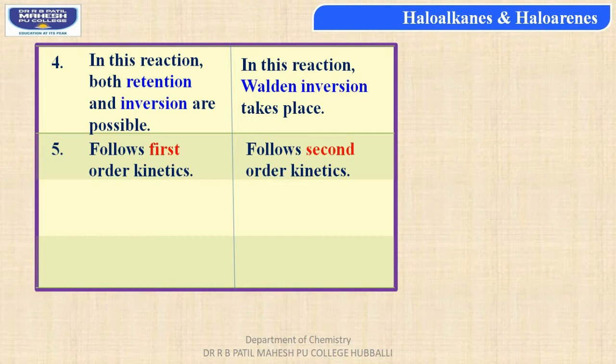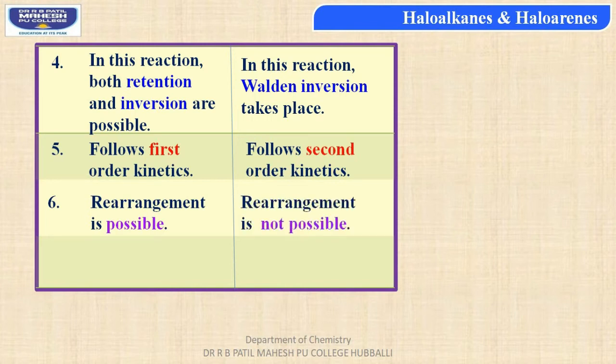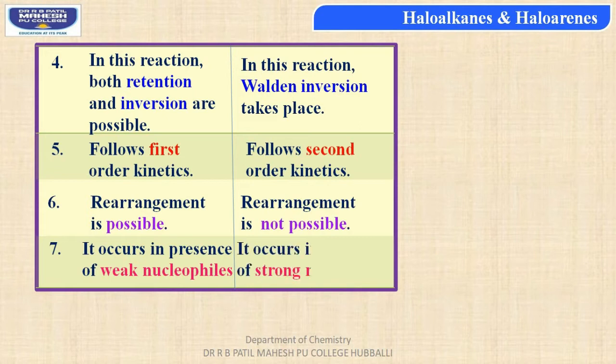Sixth difference, in SN1 reaction, rearrangement is possible, whereas in SN2 reaction, rearrangement is not possible. Seventh difference, SN1 reaction, students, occurs in the presence of weak nucleophile, whereas SN2 reaction can occur in the presence